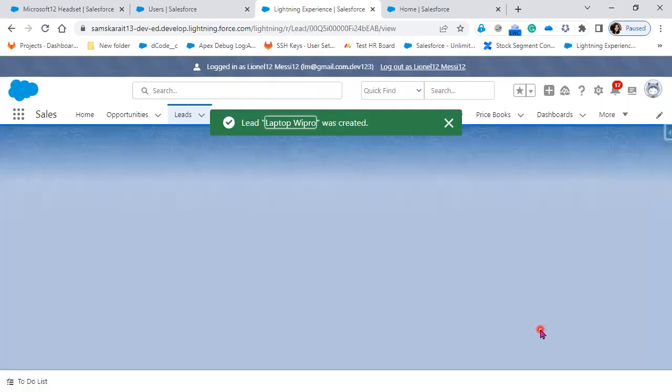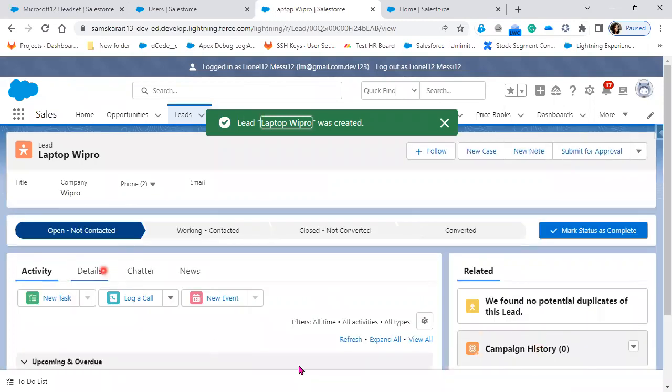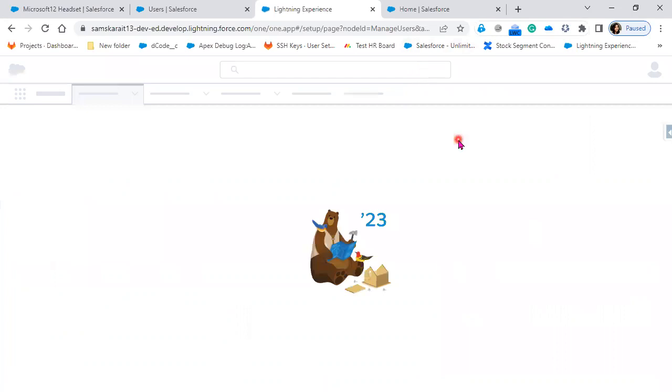Now what happened? Did it assign it or not? It will not assign. It is a lead owner, still says it is Messi. Now, what is the reason? I tried it as an admin as well as another user. It did not happen. The reason for this is whenever you are creating a record,